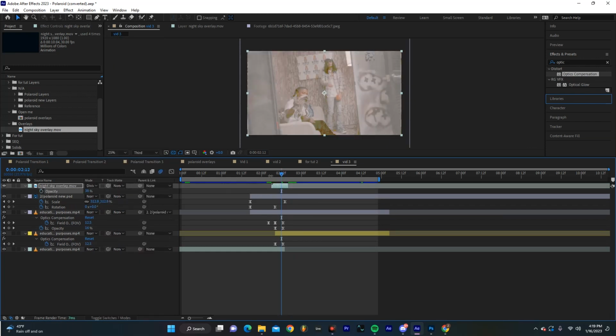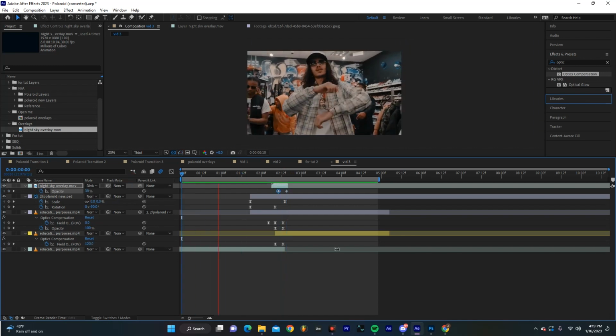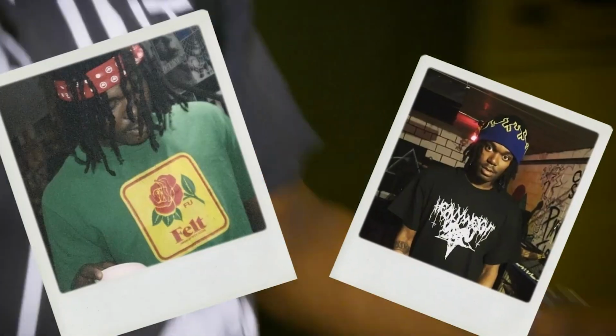Sweet, now I have this on divide again, and I've also set this to 38%. And I'm just gonna have this sort of fade off so it's a little bit cleaner. Something like this. And just like that, I think this is a really fun transition. Now, I think that the little flash kind of helps, but you don't even need it. But yeah, I think these are really fun,